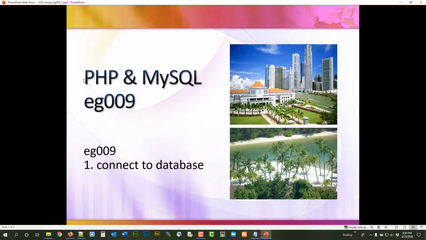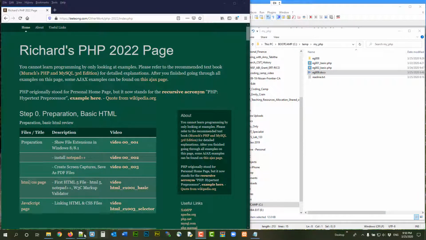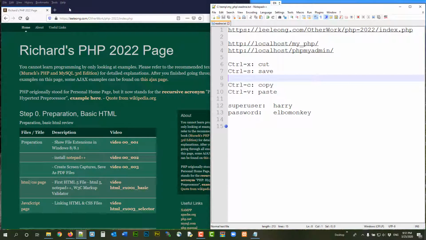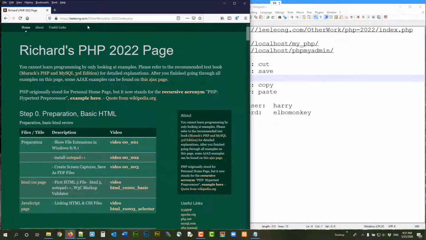We are going to start example 009. The notes for this video can be found at this URL, which is loaded here. Okay, and